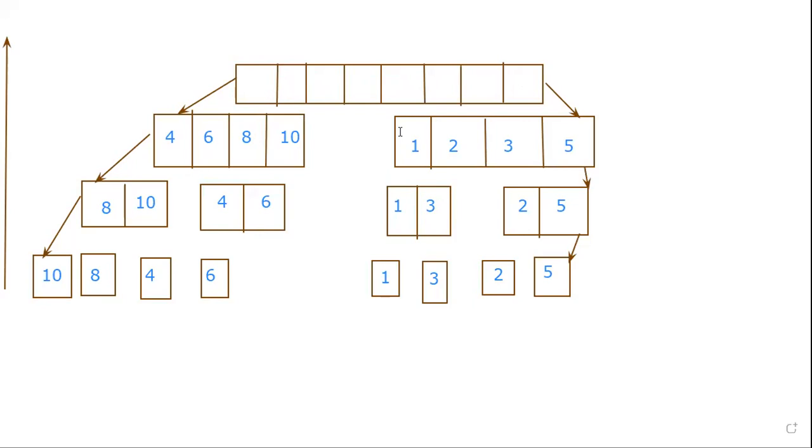First, we need to take the temporary array and place the elements there. If the I value we are taking is greater than that one, we need to place the value that is I in that one. So compare the left value with the right value. 4 is less than 1 or not? 4 is not less than 1. Place the value here, that is 1. Then next 2 will be there, and then 3. Then coming to 4 and 5.